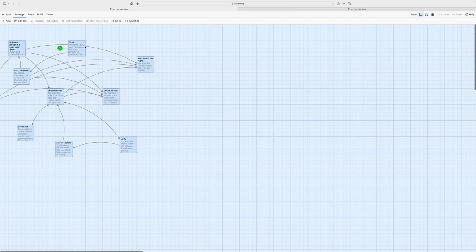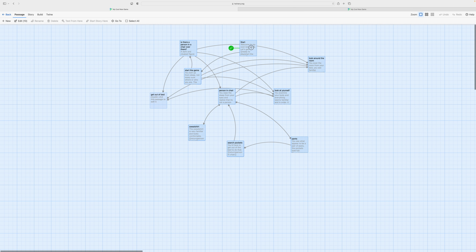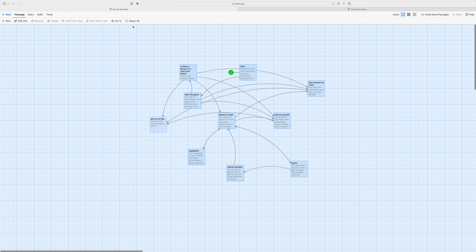Select all. Let's move those over here. There we go. Center them up. Then we can deselect them all. And now we can see, sorry about that, that was a weird aside, but it just goes to show how